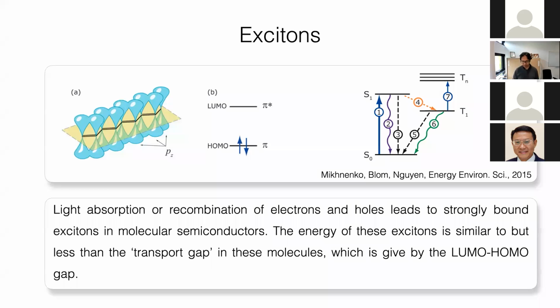Now, of course, the energy of these exciton states is almost equivalent to that HOMO-LUMO gap, but it isn't quite that. The HOMO-LUMO gap is the transport gap of the molecule. The exciton energy is slightly lower. So of course, the Coulomb interaction pulls new levels into the semiconductor bands, and you get an exciton state which is slightly lower than that transport gap. And as you can see in this very nice diagram, again taken from this review paper from Paul Blom,